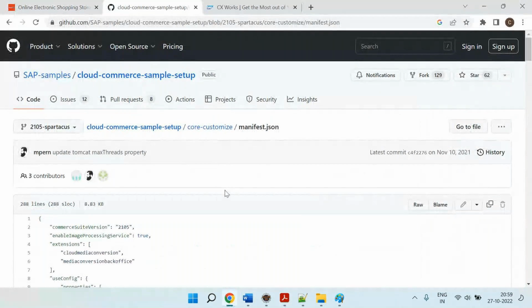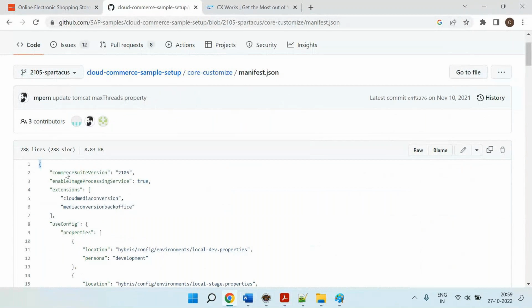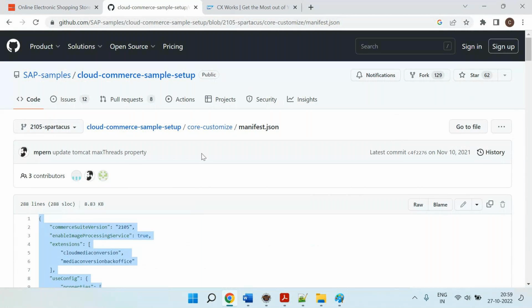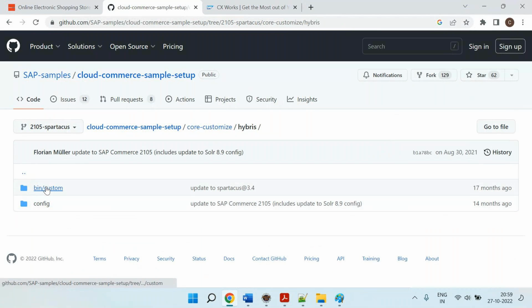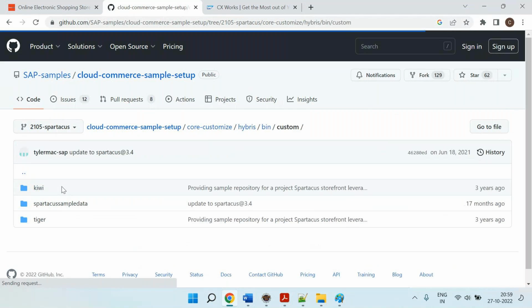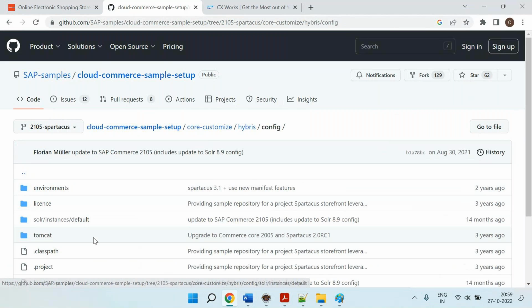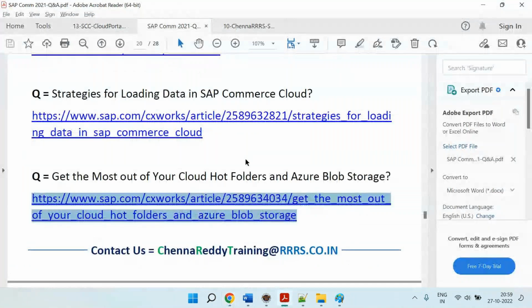You no need to send email. Oh, can you send me this manifest.json again? Okay, it's there in the GitHub itself. So once this is done, manifest.json is there, then Hybris custom code is there, config is there, and platform, all those things you will get from the CCv2. That's it. Once you make this ready,